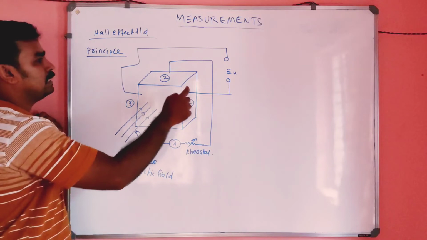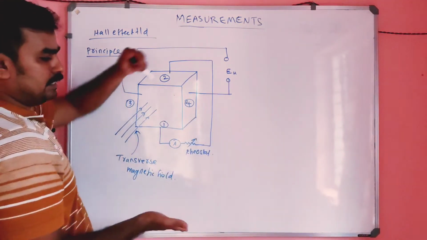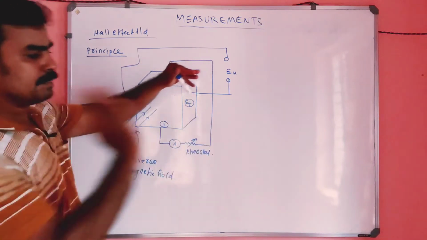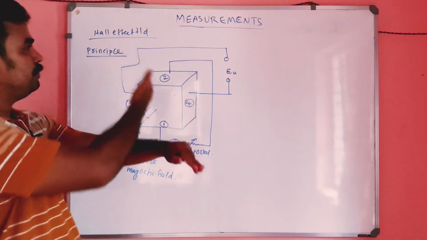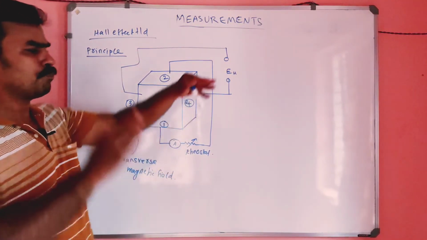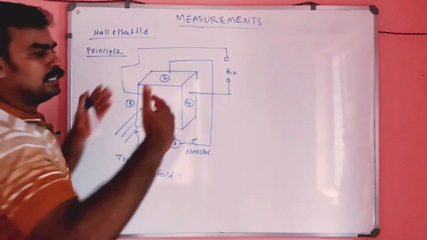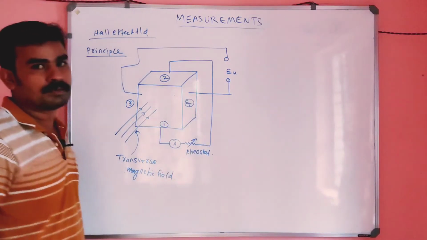So 3 and 4 means the opposite direction, right? This is the current direction, this is the magnetic field direction, my dear. In the phase of the transistor, this piece of Hall effect crystal may be a conductor or semiconductor, anything. So you send some magnetic field, and on the opposite side, that means the side 3 and 4,